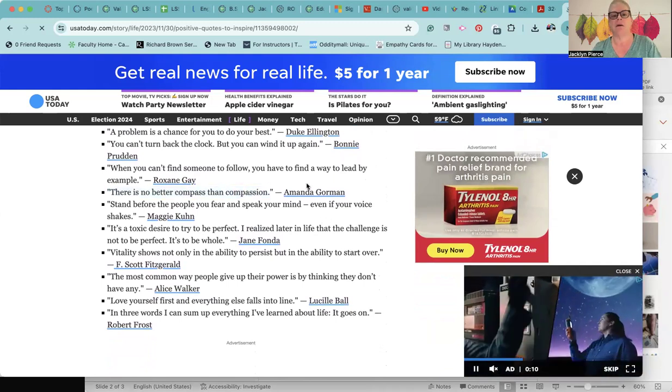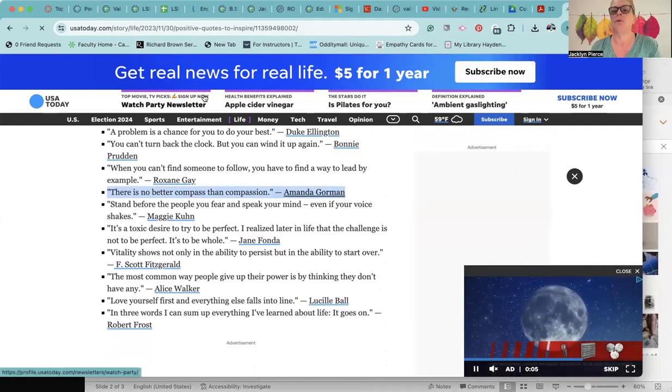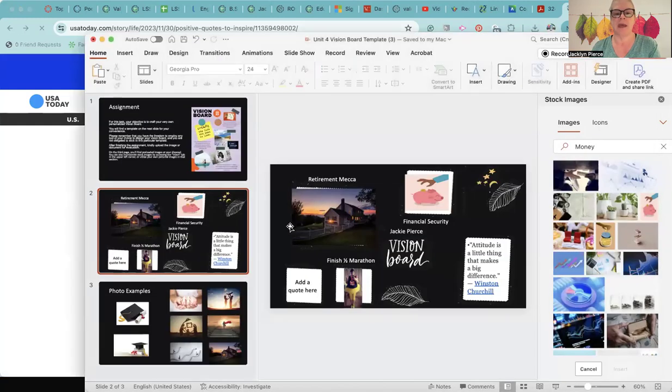Amanda Gorman, the poet that read at Joe Biden's inauguration 4 years ago. Let's use that one. She's awesome. All right, so we're going to put that in this box. And this one I'm going to definitely have to make smaller. So let's take this text and smallify it. Just making up words, but that's okay. And I could even slide the box out a little bit, maybe. There we go. That's good. So this is my vision board.